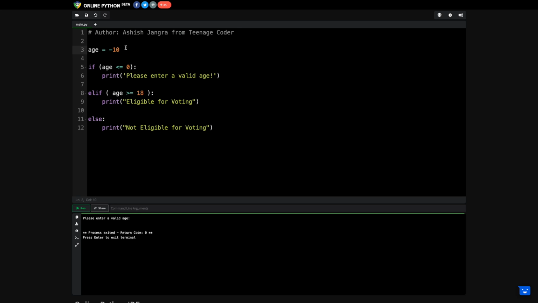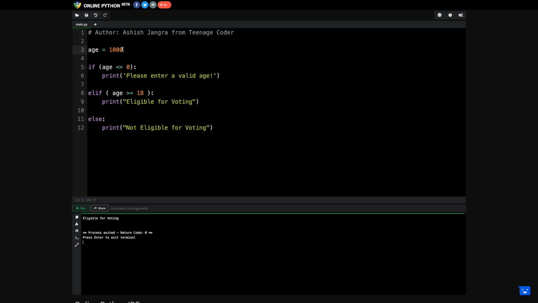Now this use case is okay if the user is writing the age 20 or 15 or 16. That is giving you the correct output. Yes, that is also giving you the correct output. If I'm going for the use case 18, which is the extreme case, yes, eligible for voting. Let's suppose the user has an age of 100 years. In that case, the person is eligible for voting. Let's suppose the age of the person is 1000 years. So here you can see the person is still eligible for voting. But this is not possible, right? A person cannot have an age of 1000 years.